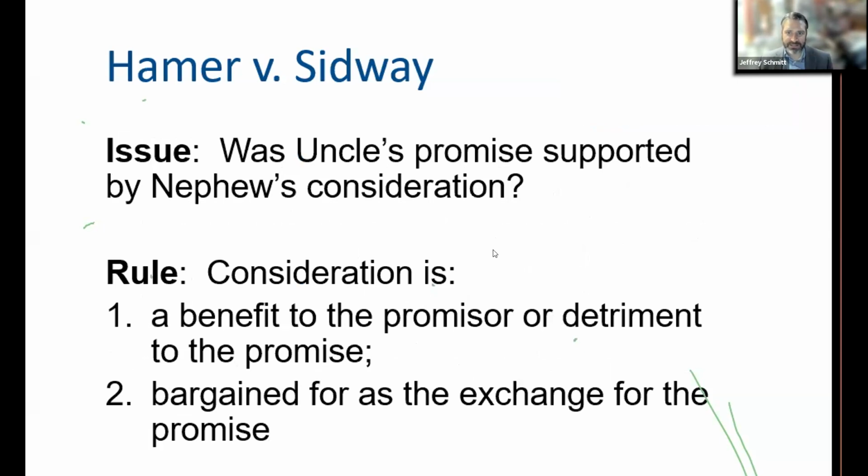And so our question then is, was this a promise to confer a gift, not enforceable, or was it a contract? When you just look at this, it may not look like a contract, right? It's an uncle making a promise to a nephew, family relationship, and it's a promise for money, but the nephew isn't doing anything that benefits the uncle. You might think this is a gift, but when we apply our rule, the court says, no, it's a contract. Remember, we need that benefit or detriment and a bargain.